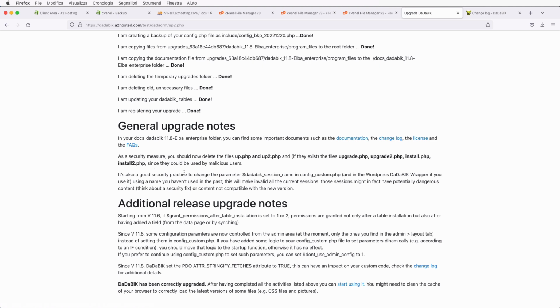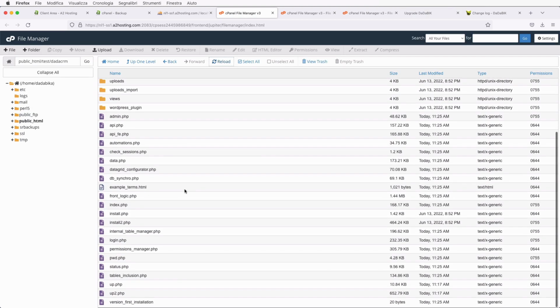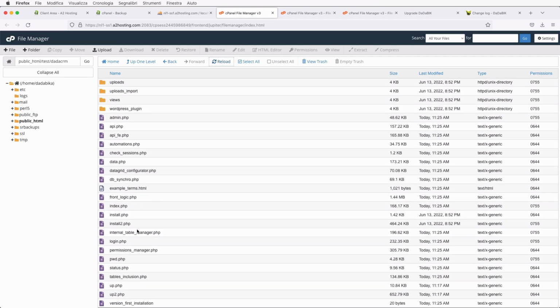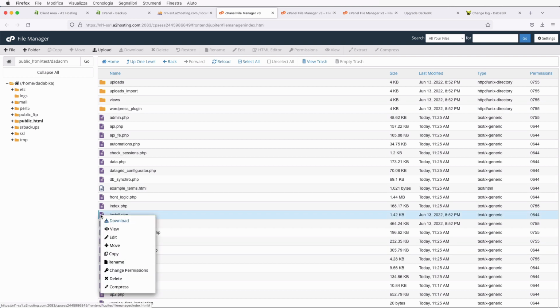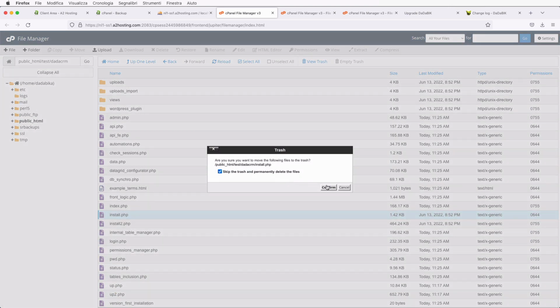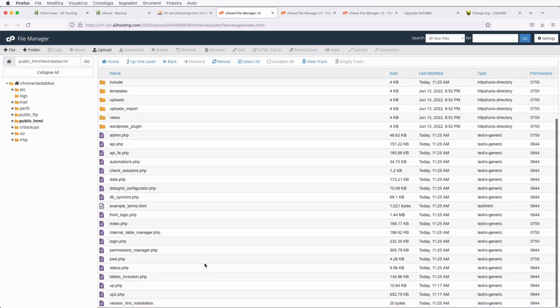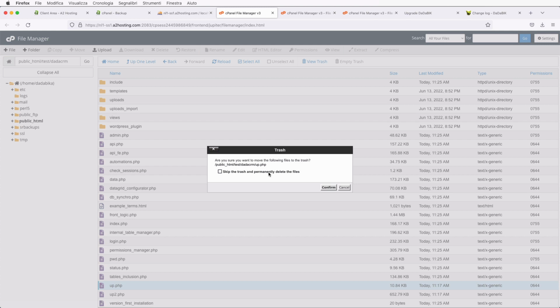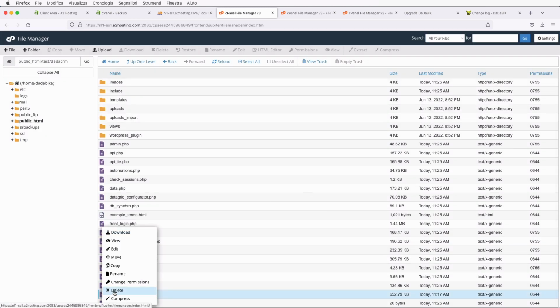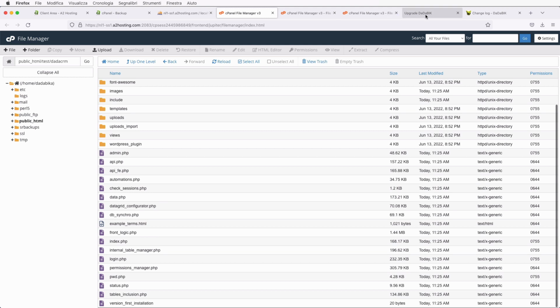As a security measure, you should delete these files: upgrade, upgrade-to, install, and install2.php. And I'm going to do it. Probably we will have, all right, install, install2, upgrade, and upgrade-to. Okay, and then